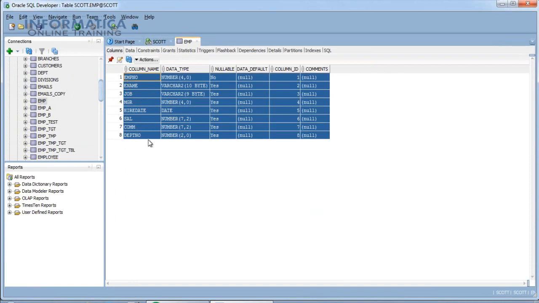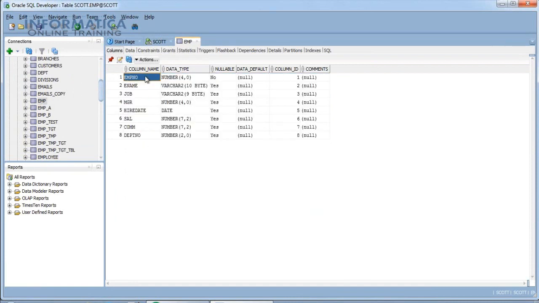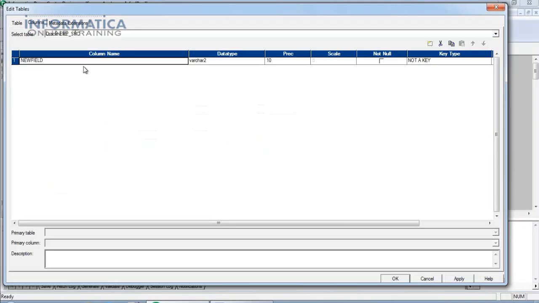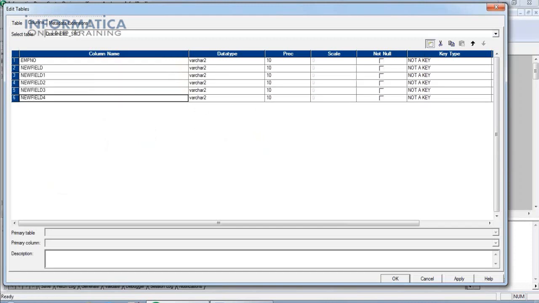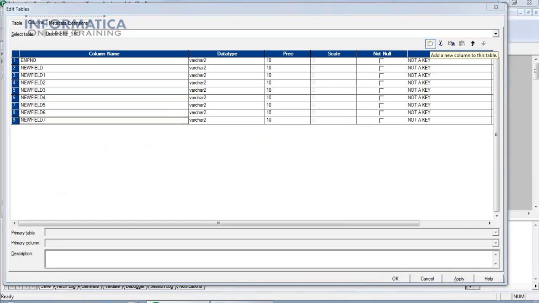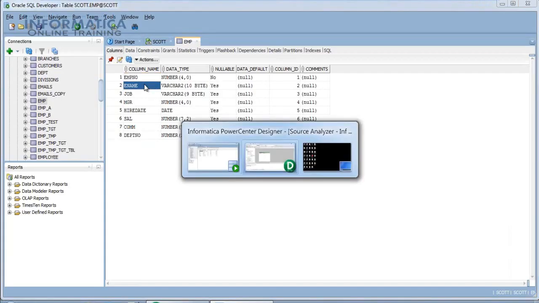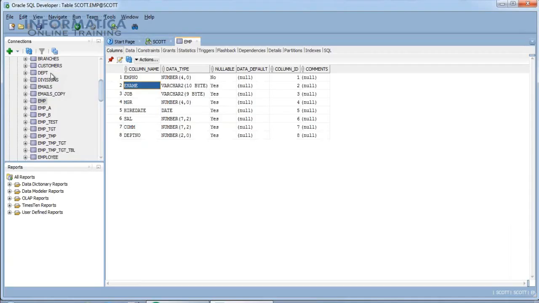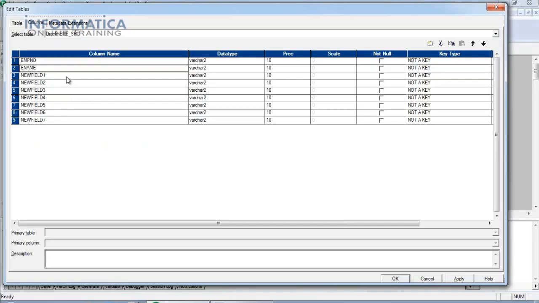So the same table I am going to create manually. I'm copying each of the columns, employee number, just copy and paste. So for the additional columns also I'm creating column, just copying and pasting those column names: employee name, job,